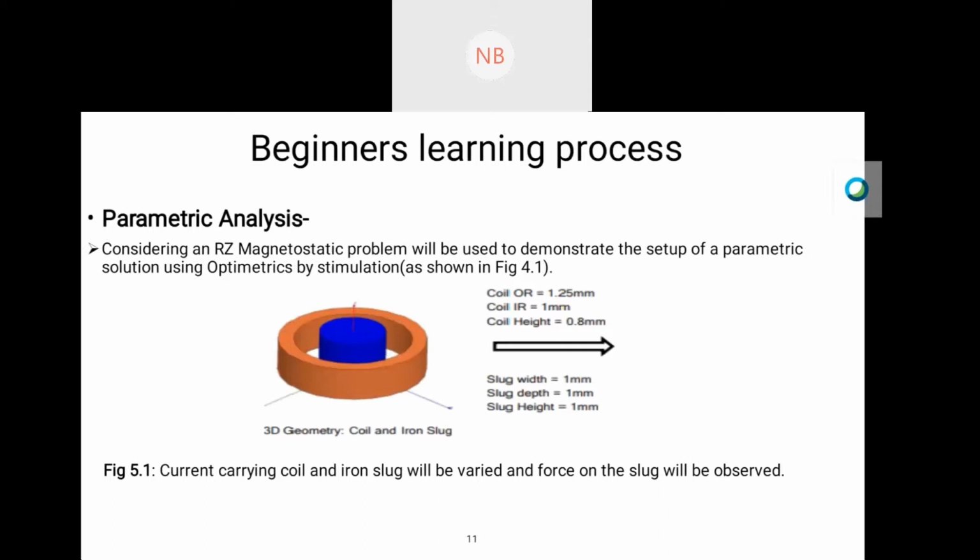Now we need to introduce a design variable. If an object is moved, its move distance can be assigned a variable, so this can be done by assigning the design properties. Then the currents are inserted, forces are inserted, and further I obtain a graph, which is given in the next slide.